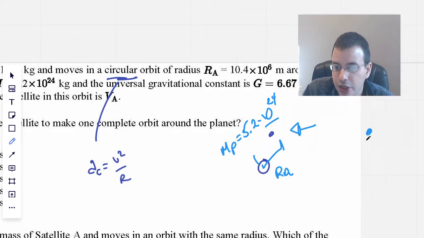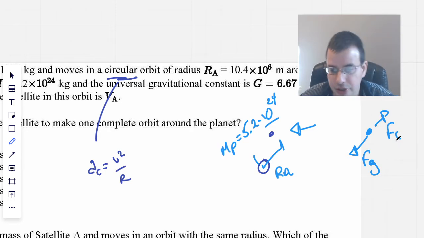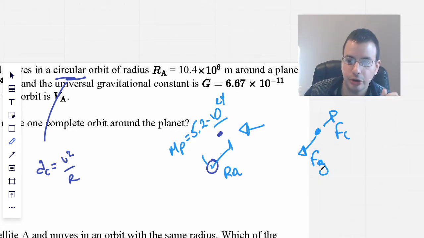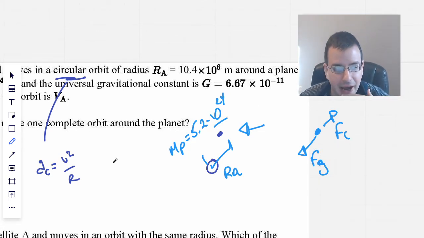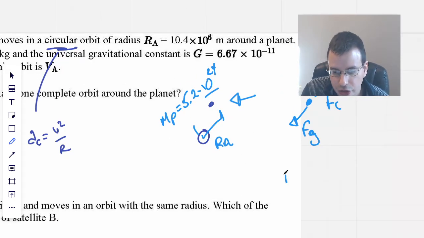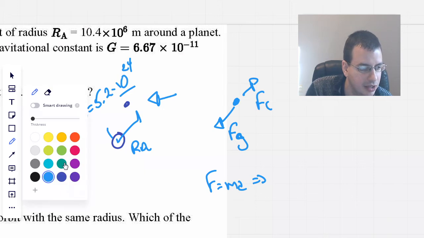We're going to have force gravity pulling in, force centripetal pulling it out. Basically, there's going to be force gravity holding it in, pulling it into circular orbit. That's going to be balanced out by the centripetal acceleration. So long story short, force equals ma. Therefore, we're going to say,